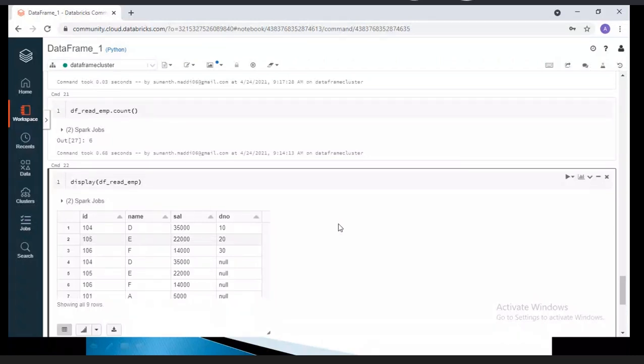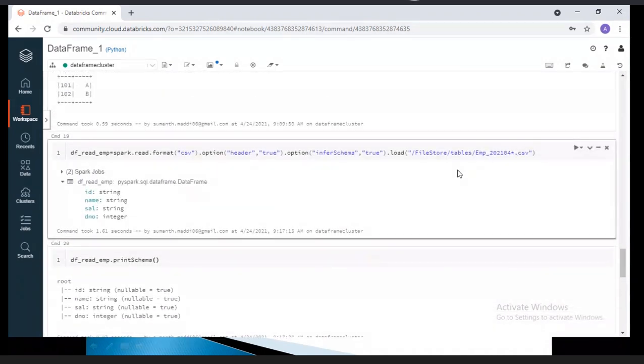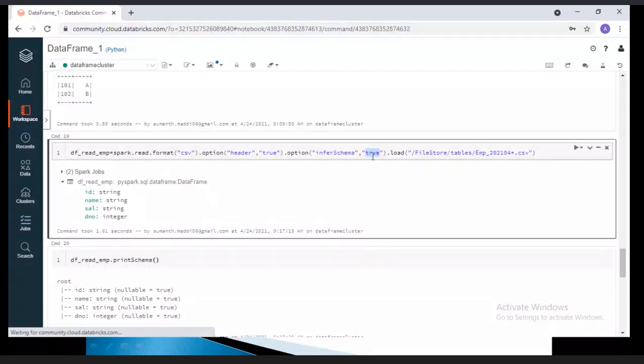Okay, sir. By default, there is an option: if you want, you can explicitly specify the schema. Because here I'm using inferSchema equal to true, it will check all the files and find which file has more columns. In this way, you're not making any failures. But ideally, this is wrong. I mean, in a few use cases this is right, but especially standards-wise, this is not valid.